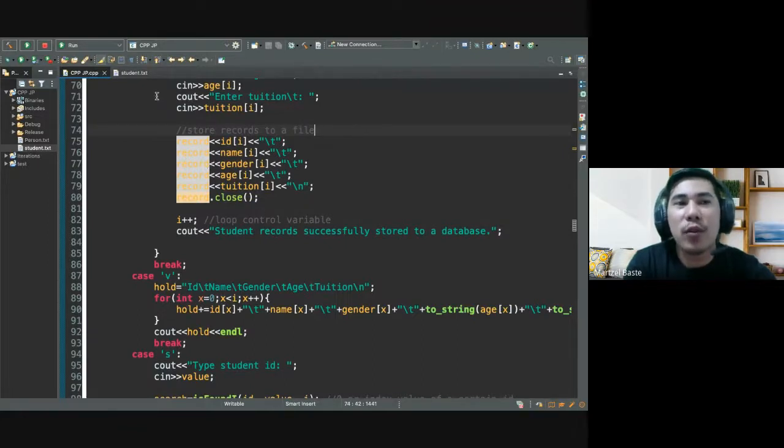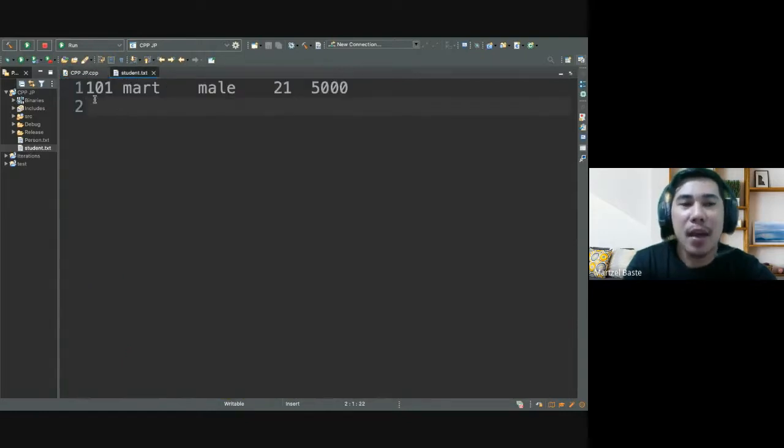magbutang ta or mag-store ta og record, mabutang siya diri, and at the same time unsa tong record na diri is ma-fetch nato siya or ma-retrieve nato siya para we don't have to repeat the process of adding again and again. Okay, at least kung naa na siya record na na-store dira, and then dugangan na lang nato siya na record. Okay, so